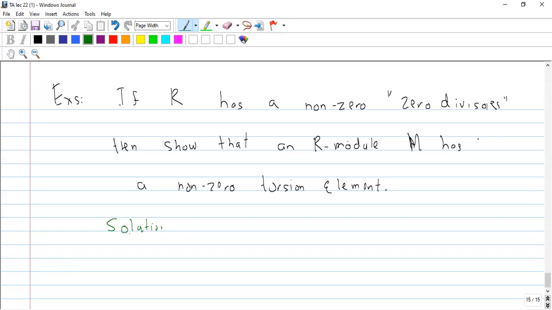So the idea is that if s is a zero divisor of R, then the multiplication of r and s is zero for some non-zero r in R. Okay, so that is what it was saying. Now what he did is, take s with any